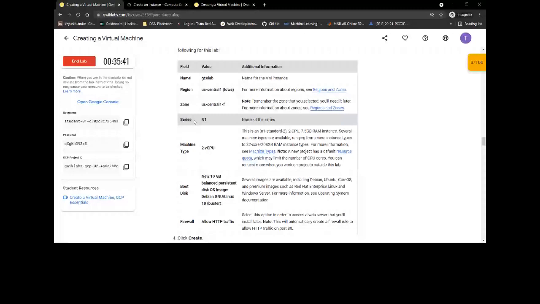Now there are preemptible machine types. In these machine types, you can reduce the computing cost by up to 80% with affordable short-term instances. There are also confidential computing machine types, which encrypt your most sensitive data while it's being processed. And the last one is the right-sizing recommendations. They optimize resource utilization with automatic recommendations.